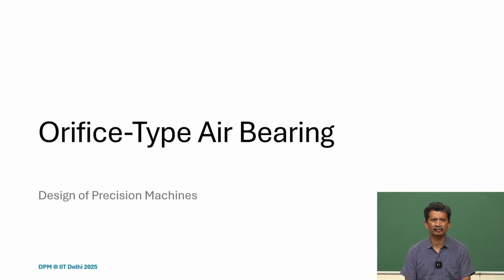If we understand the working principles and how the different mechanical characteristics depend on the different parameters of an orifice type air bearing, that will explain a lot of things, and it will also facilitate new designs, new designs of groove patterns, new designs of air bearings which can be embedded in systems to achieve higher precision. So we'll first go through this orifice type air bearing, and the majority of the work is from my research